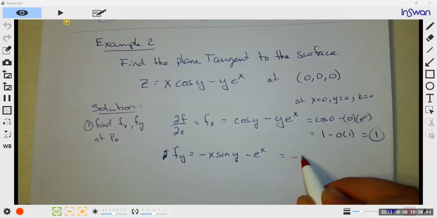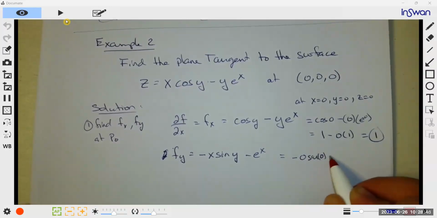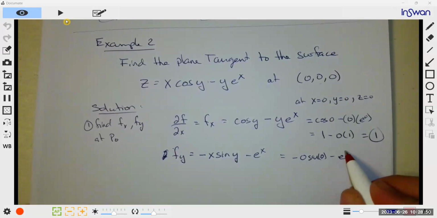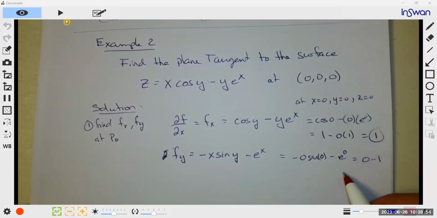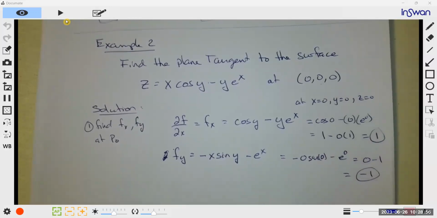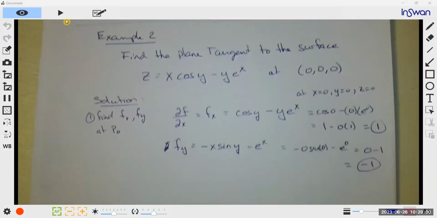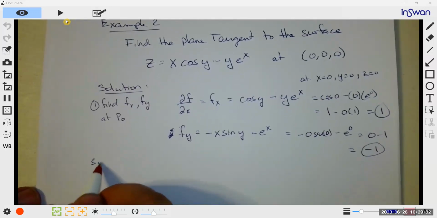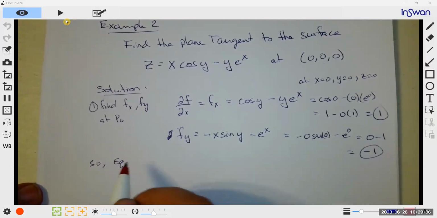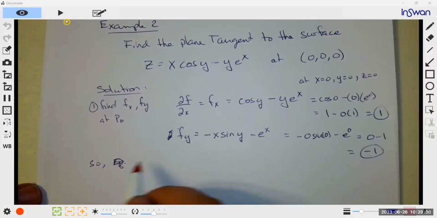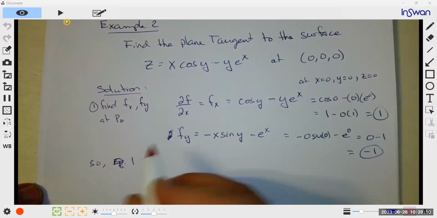So we have negative sine of 0 minus e to the power 0, which is 0 minus 1, negative 1. So we're not at the equation just yet. So the tangent plane